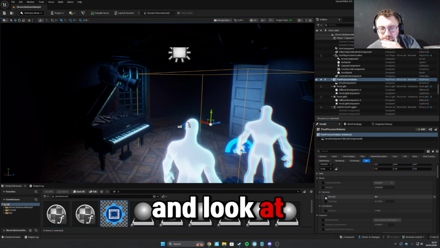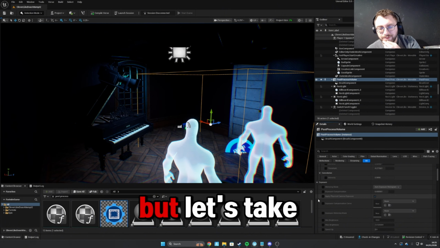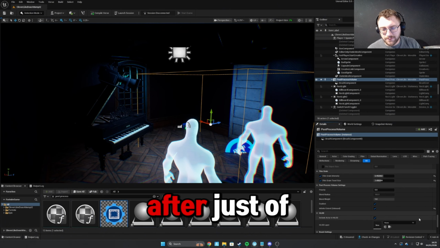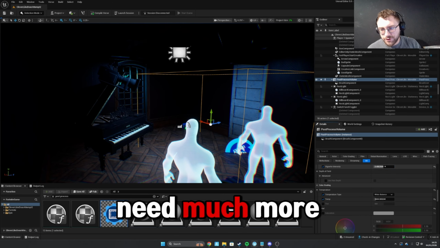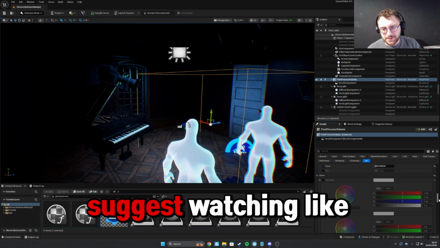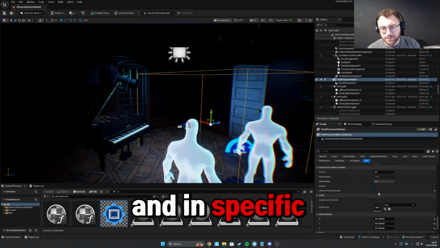Let's go ahead and look at this again. Yeah, I don't think I want to change any of the rest of this. But let's take a look at the before and after, just of these small changes. If you need much more than what we've shown here, I suggest watching a full video just for post-processing in specific. But let's disable